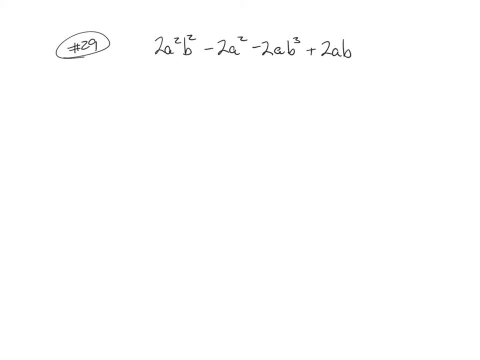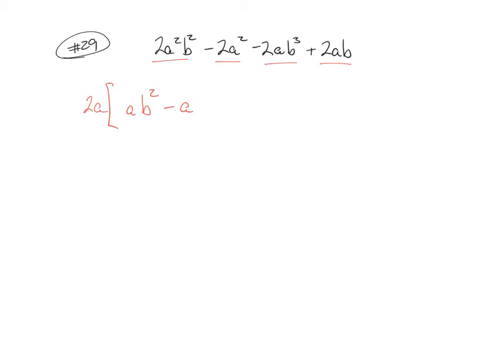This next one, I took away the instructions there, but if you remember, the first thing that we want to do is look for common factors. And I'm looking here, and I have in all of these terms a 2a. Okay? Now if I pull out that 2a, that's going to leave me with ab squared minus a